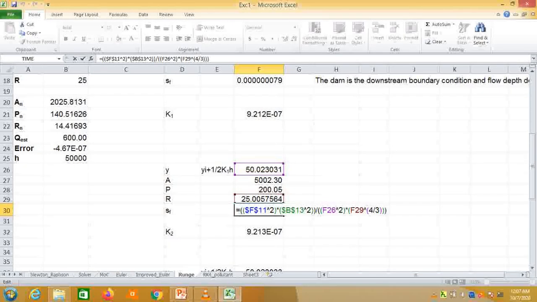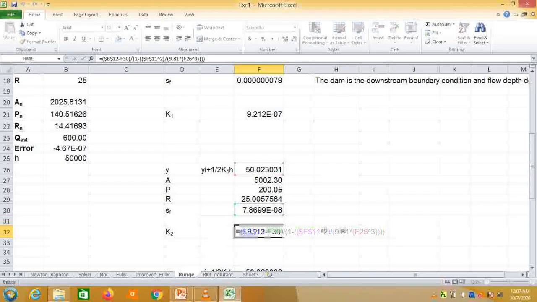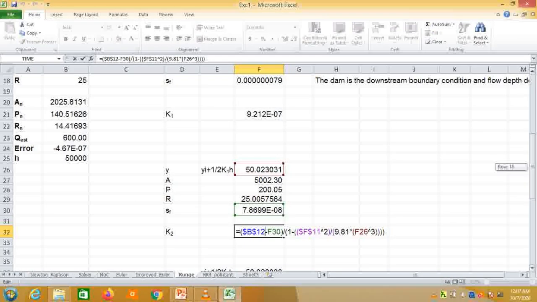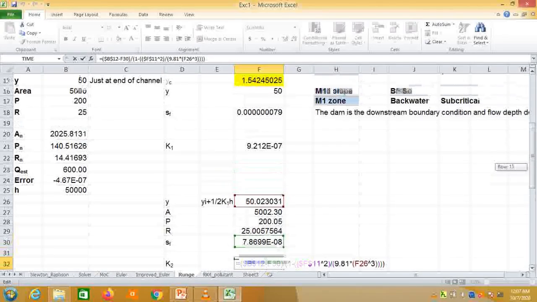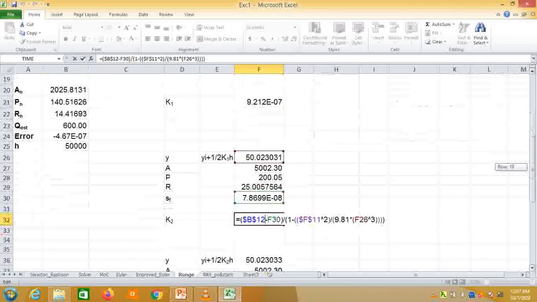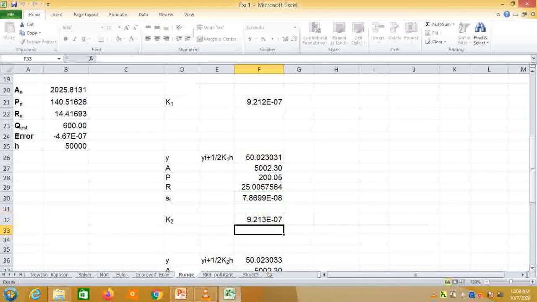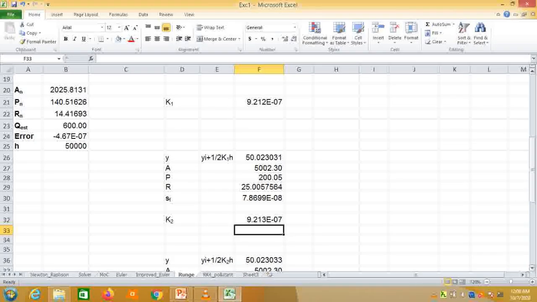Once you find the friction slope, then you can calculate K2, which is dy per dx, basically. So dy per dx is the bed slope minus the friction slope, which you have computed, over 1 minus q square, which is specific discharge square, over acceleration due to gravity times y cubed, which is the y which you have computed. So that's K2. Once you find K2, let's go to K3. Using this value of K2,